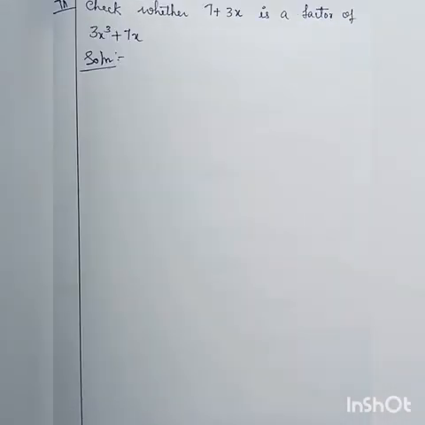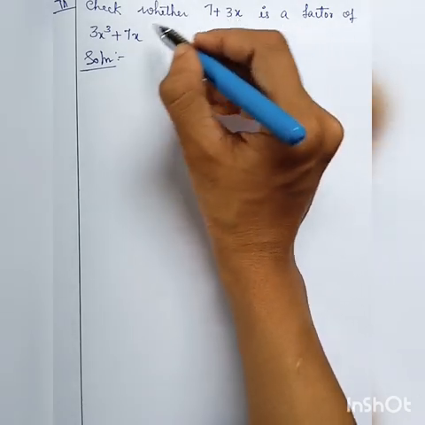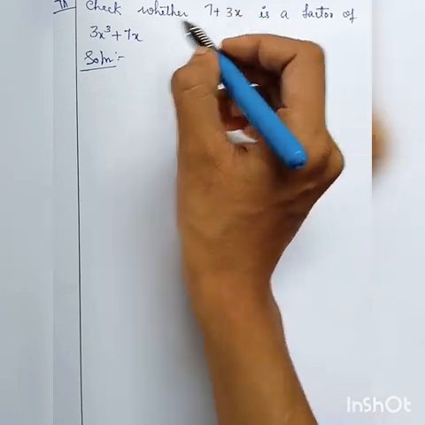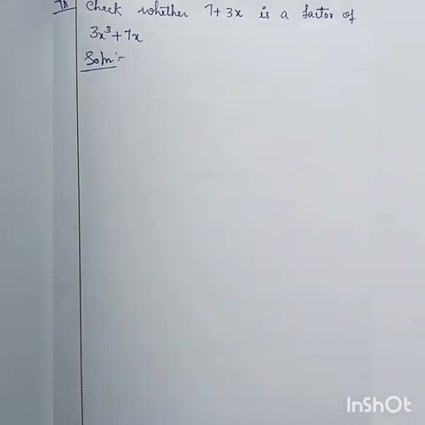Exercise 4.3, under the third problem, check whether 7 plus 3x is a factor of 3x cube plus 7x. So we have to check whether the given expression is a factor of the given polynomial, 7 plus 3x is a factor of 3x cube plus 7x. So here 7 plus 3x is the divisor, and 3x cube plus 7x is the dividend. So how to find whether it's a factor of a given dividend? If we get a remainder of 0, remember children, again I am repeating, if we get a remainder